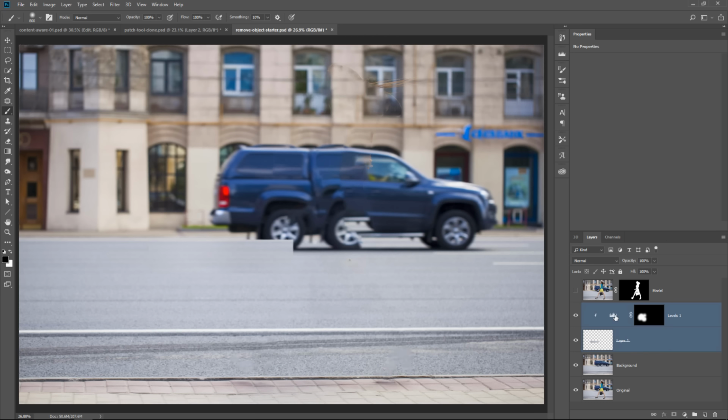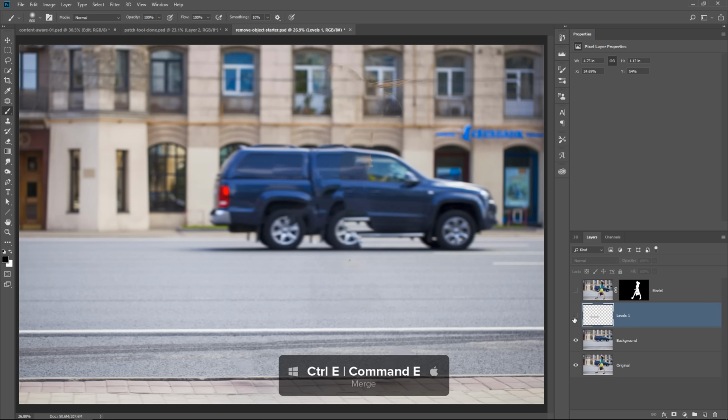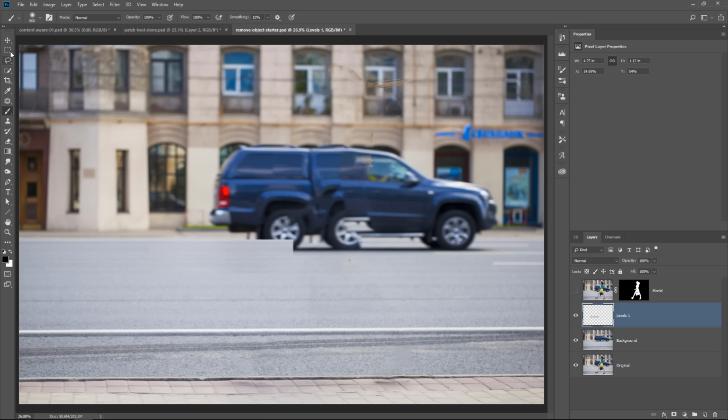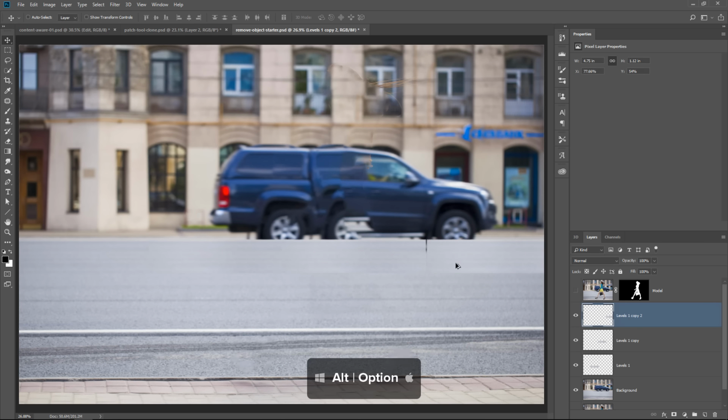Then I can select both layers. If I hold Shift and click on both layers, it selects them. Ctrl E, Command E on the Mac to merge into one layer. So now I can simply use the Move tool, click and drag to the right to duplicate as I hold Alt. So when you hold Alt and you have the Move tool selected and you drag something, you will drag a